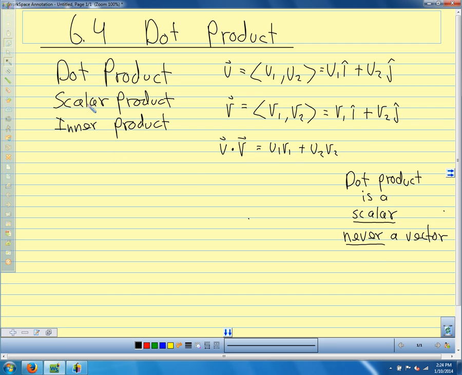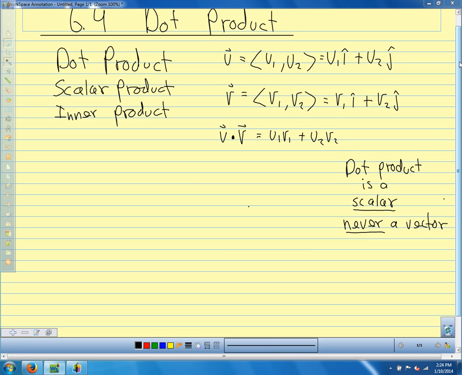So that's one reason it's called the scalar product. When we multiply two vectors using the dot product, we get out a scalar. We'll talk about some properties of the dot product and another way of thinking about the dot product in just a minute. But for now, what I want to do is just do a couple of examples